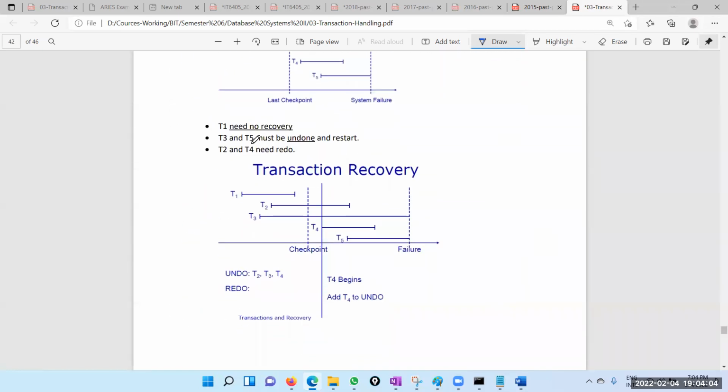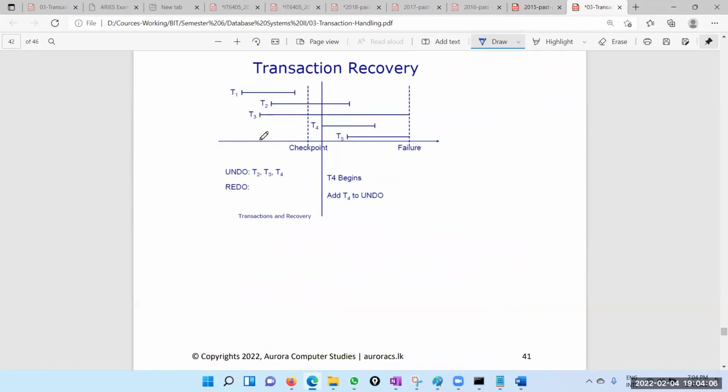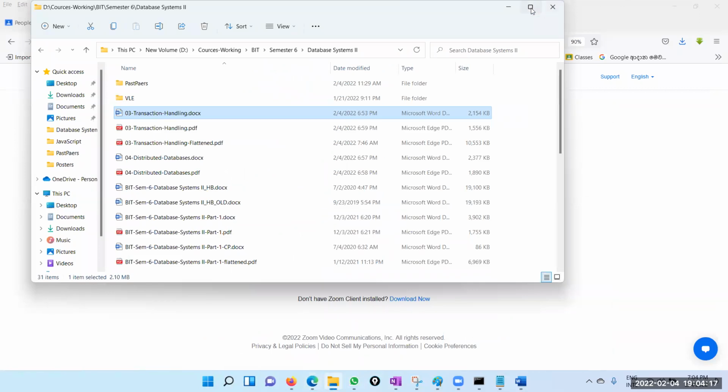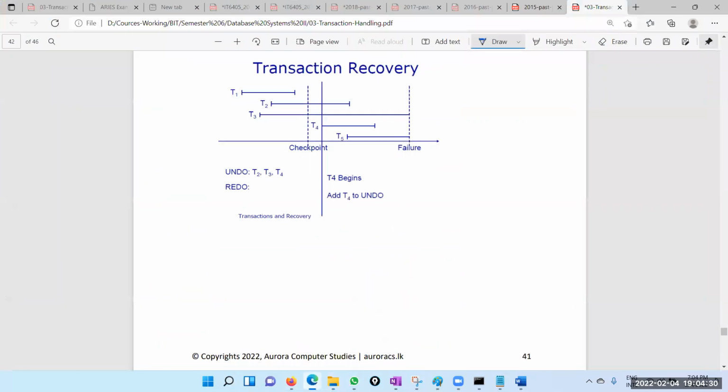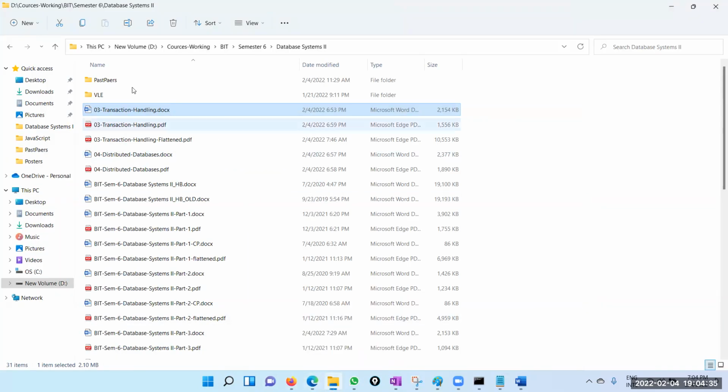Some of the questions are a little bit fuzzy and the answers are fuzzy, but most of the recovery questions are very straightforward. So let's take past paper questions one by one and finish them. If I have done the question last week, just let me know. I did double check, so just immediately tell me that okay, we did that. Because I'm having so many classes, sometimes I can't keep track of each and every question. Right, so let's start with